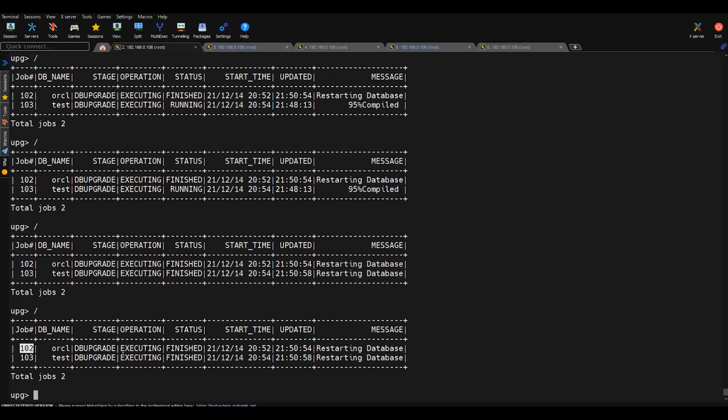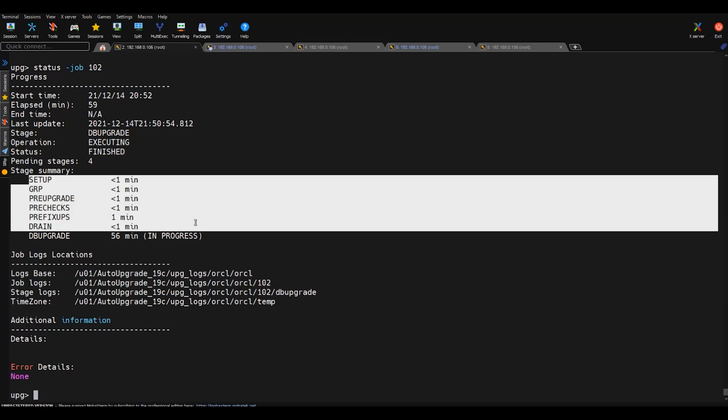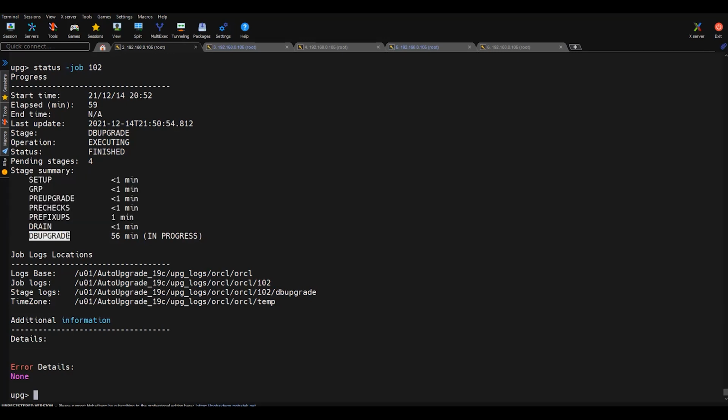Even so, you can run the status command, status minus job and then the job ID. Here you can see the status, it has started with all these steps. Currently it is running the DB upgrade, and you can find the logs in these locations.